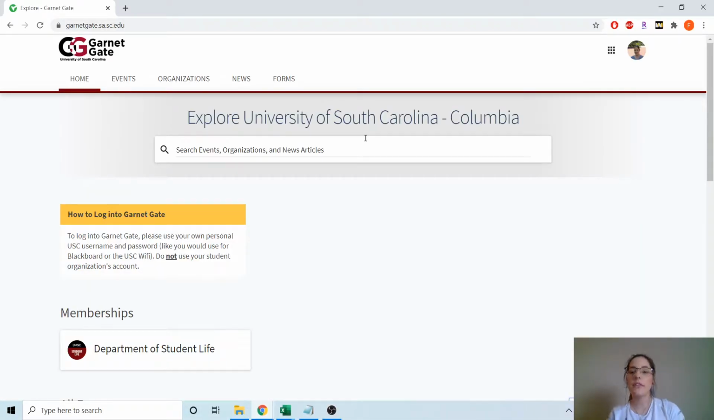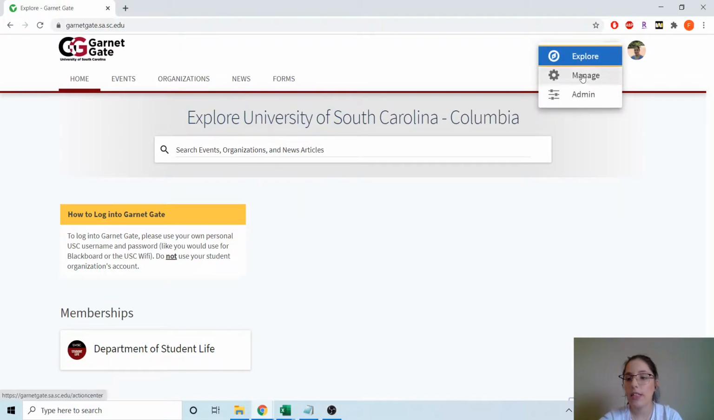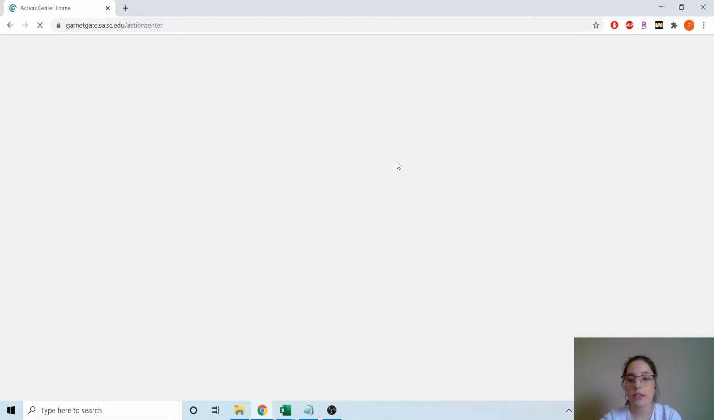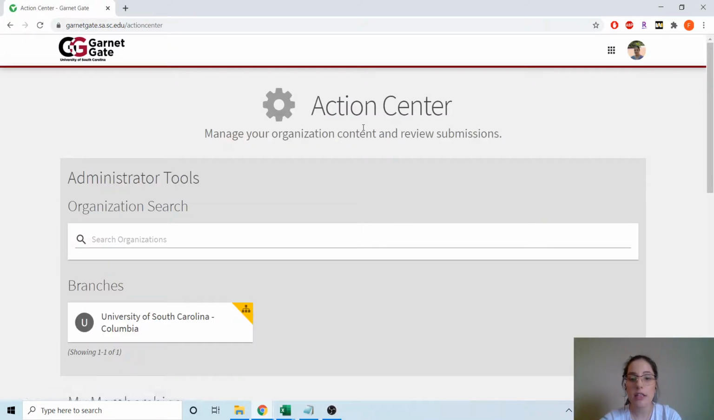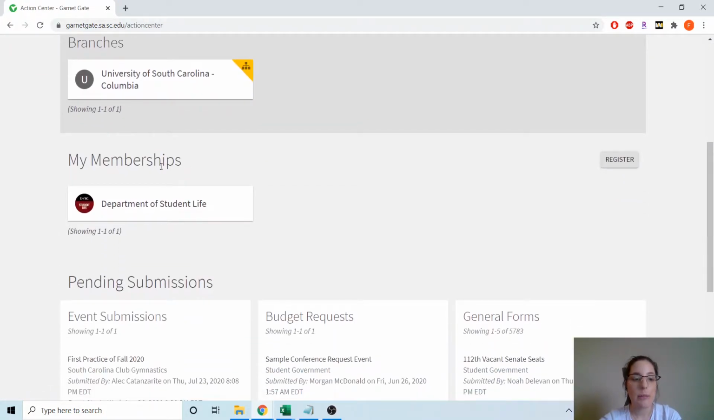Let me show you how to create an event on Garnet. Once you log into the Garnet page, you click on the top right, the waffle icon that takes you to the managing page. That will give you the Action Center. In the Action Center, if you scroll down to My Memberships, you'll be able to see the unit that you